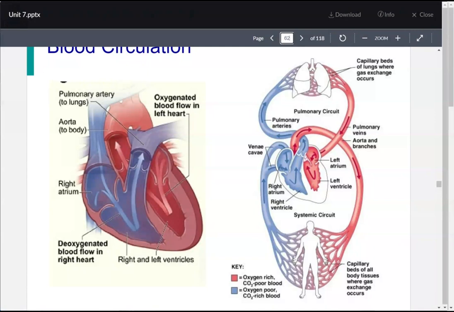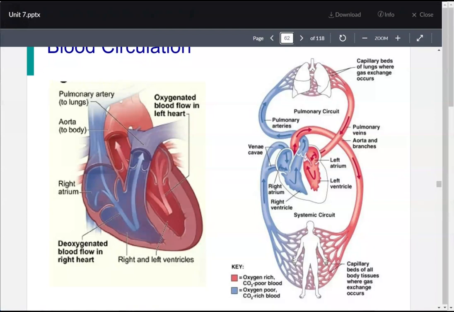It is then going to exit the left ventricle through the aortic valve into the aorta. It will then branch, getting smaller and smaller and smaller, becoming arterioles, going into capillaries. Capillaries are going to come out the other side and be venules. Venules are going to merge together, getting larger and larger and larger as they merge, becoming veins, and eventually that is going to dump into the superior and inferior vena cava, which will dump back into the right atria,